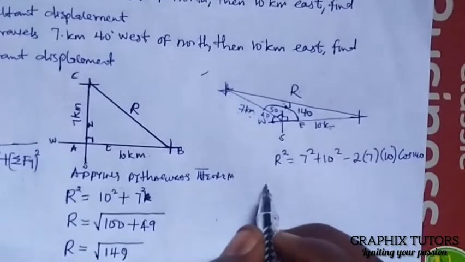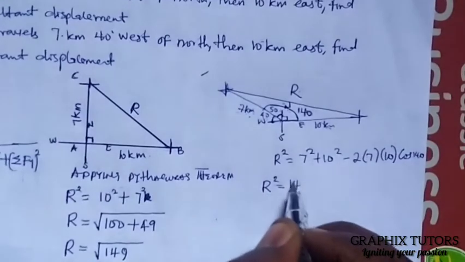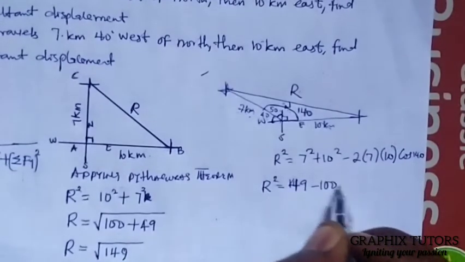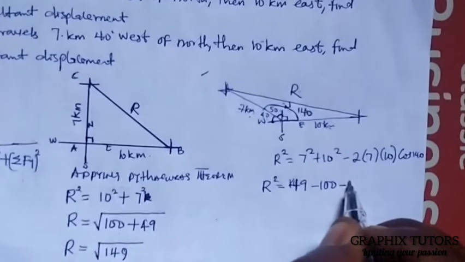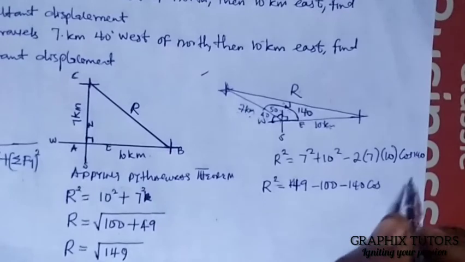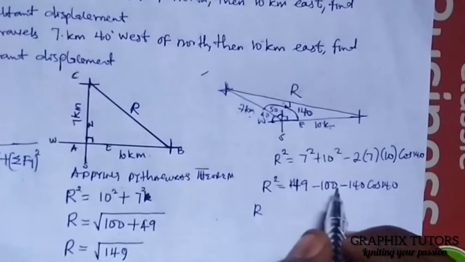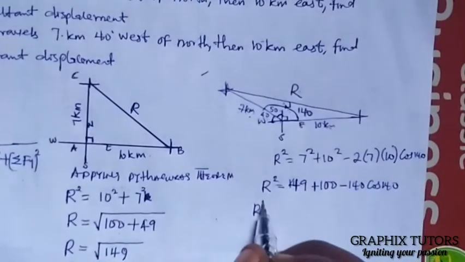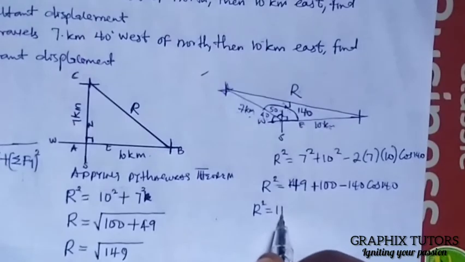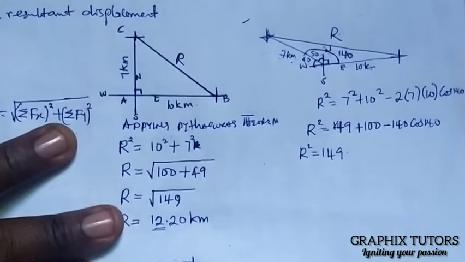So we can easily say my R square will give me 49 plus 100 minus 140 cos 140, right? So my R square will give me 149, plus here, sorry, 140 cos 140,